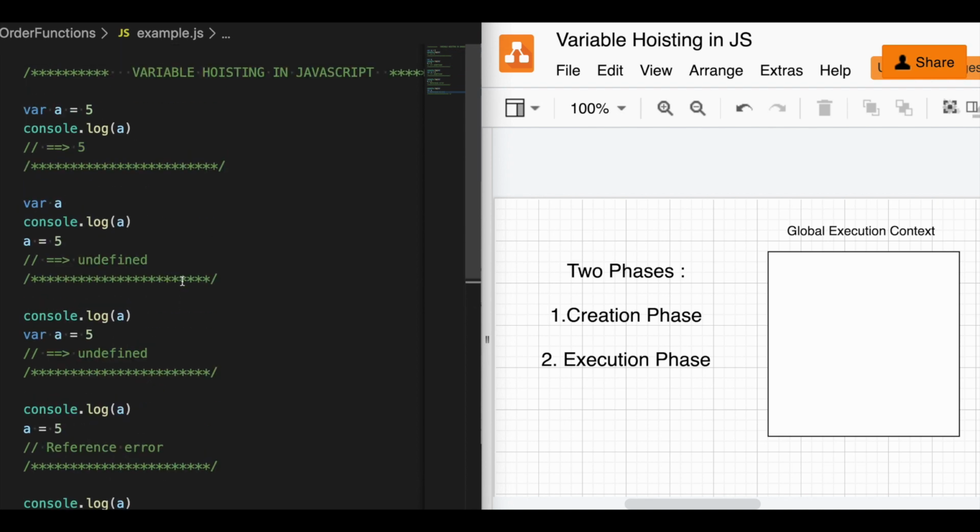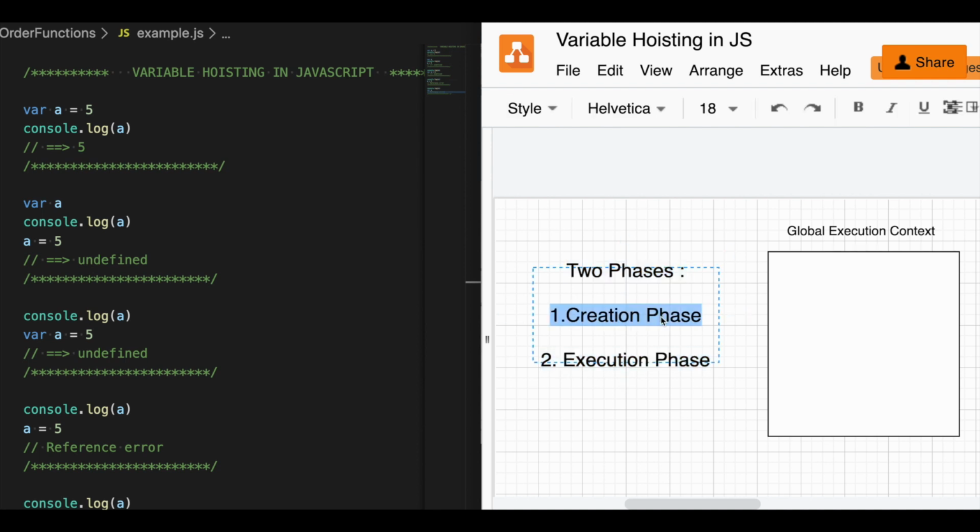First of all, let me tell you that JavaScript works in two phases: one is the creation phase, another is the execution phase. It is both compiled and interpreted at runtime. The first phase is the creation phase, where your variable declarations and function declarations get memory allocated. As the name sounds, we are going to create something. The JS runtime would create variables or allocate memory for you. And remember, this only occurs for your variable and function declarations.